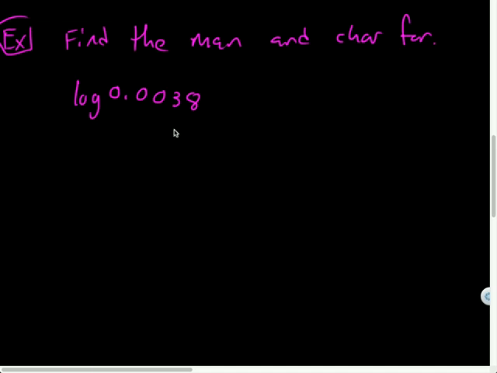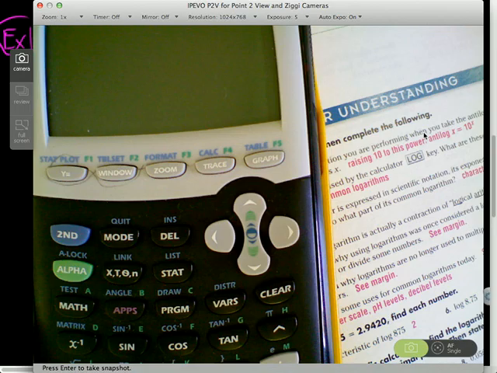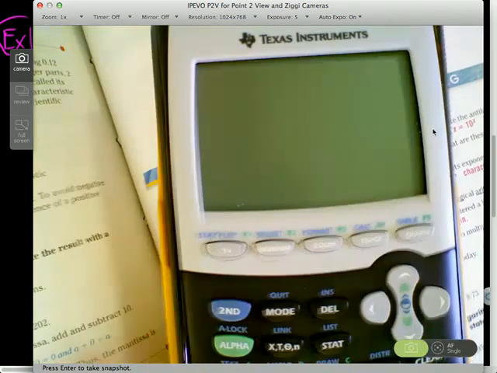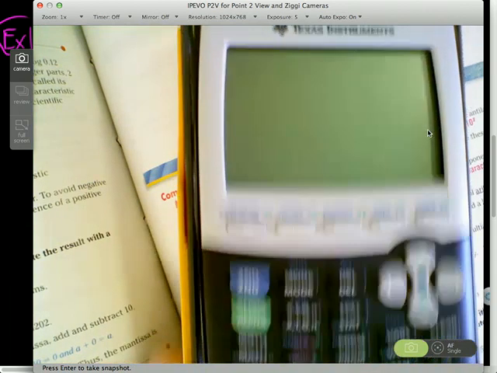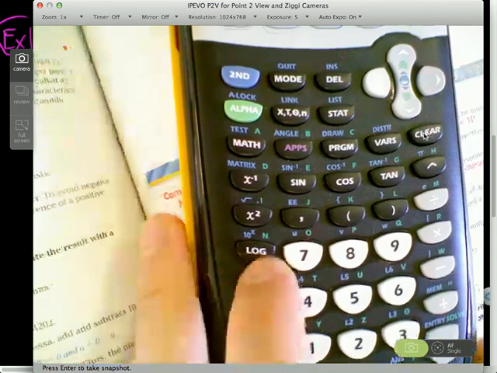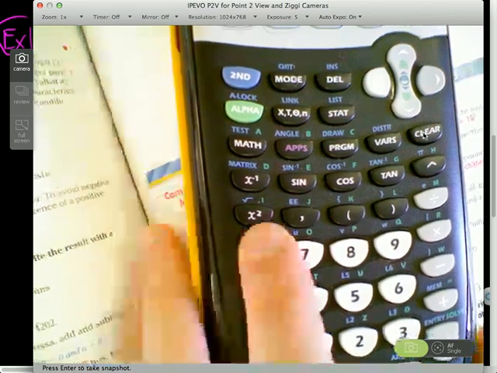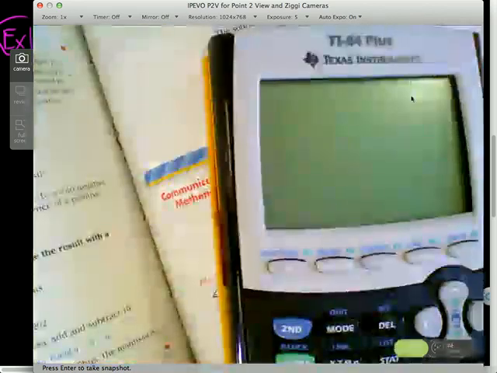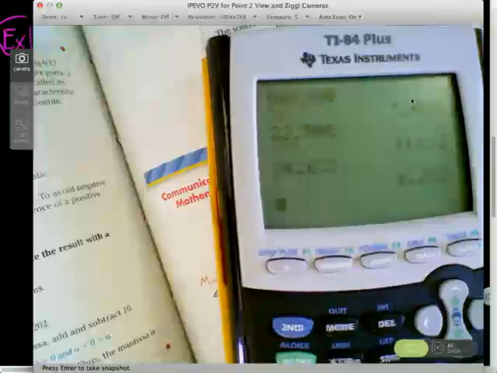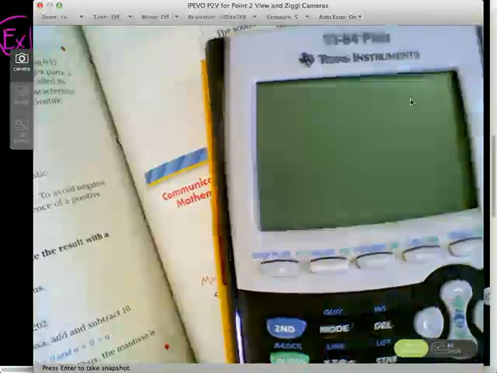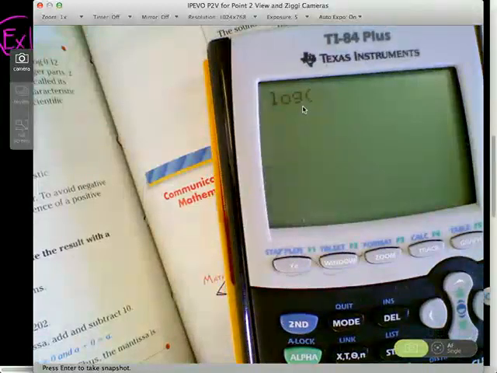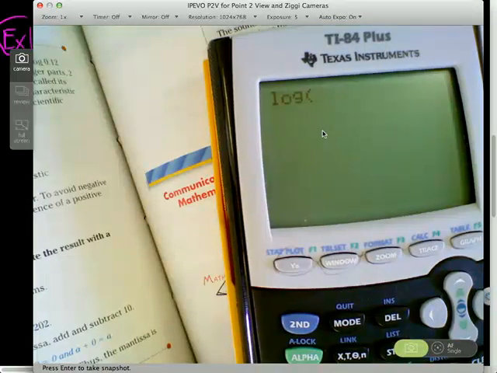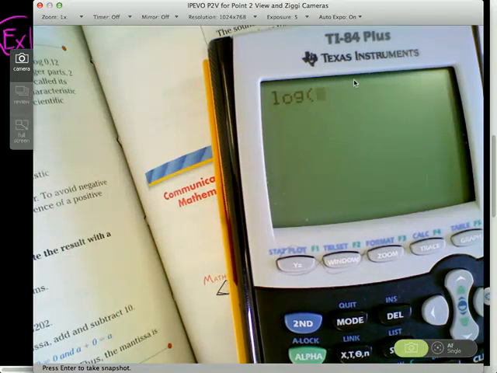So let's plug this straight into a calculator and see if we can convert this to mantissa. Notice that on our calculator I've got a log button, and when I hit log, it's implied that the base is 10. So I want to figure out what the log of